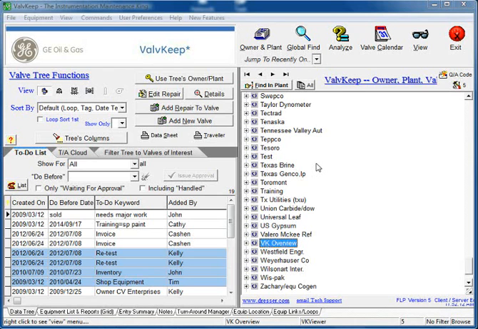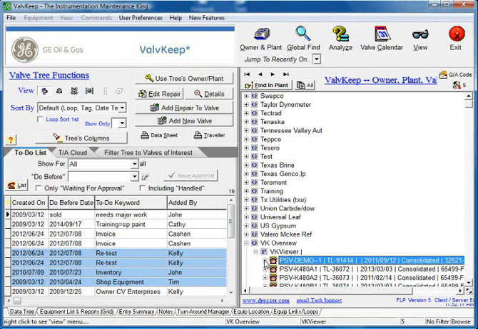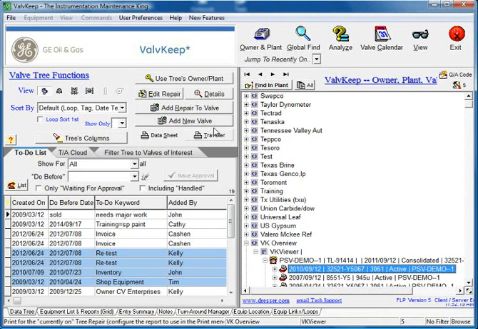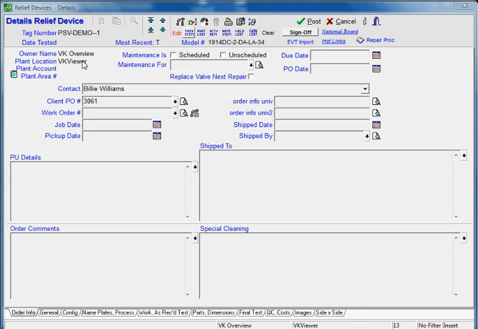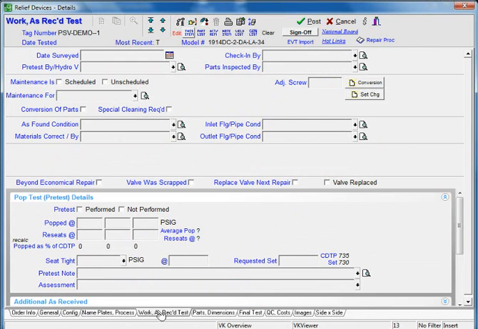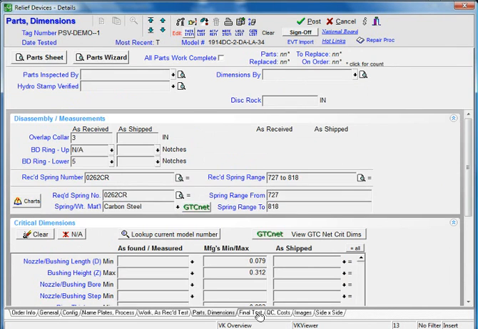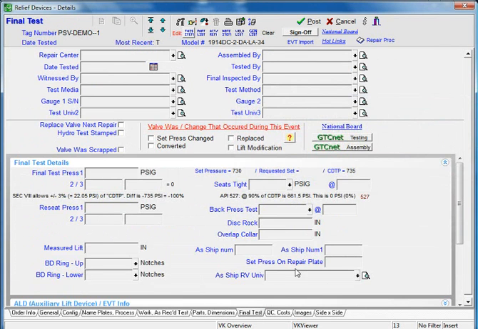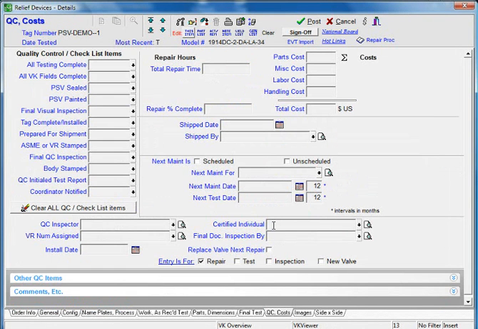When a valve is received inside of the GTC or mark, that valve is located inside of ValvKeep. Once the valve is located, a new repair is added to the valve. Inside of the valve details form, all of the workflow processes through the repair are recorded. As you can see here on the tabs, we're recording the as received, the nameplate, the work performed, the critical dimensions, the final test information, the quality control checklist items, among all of the detailed data we describe about your